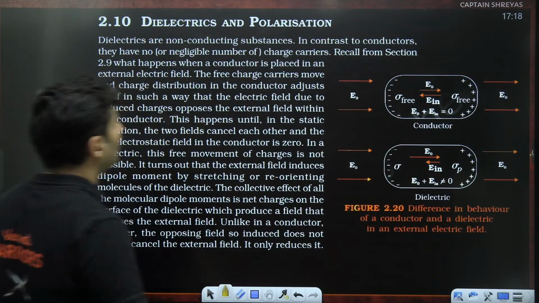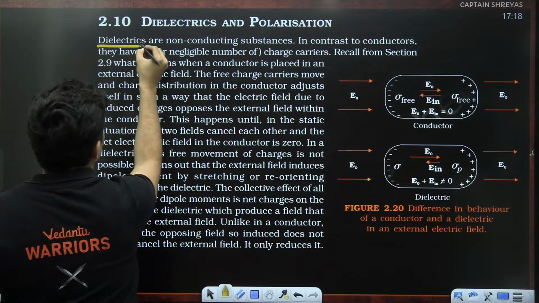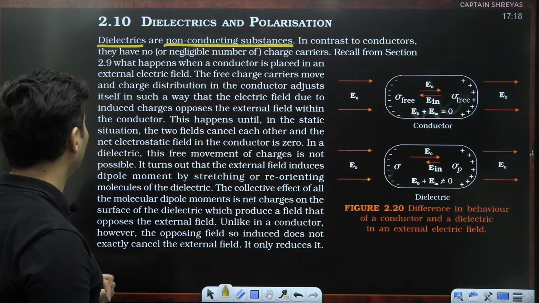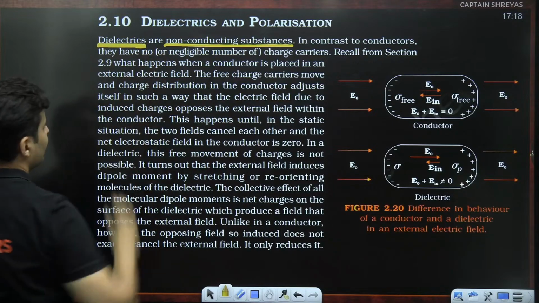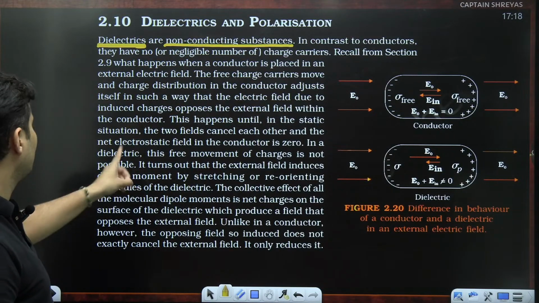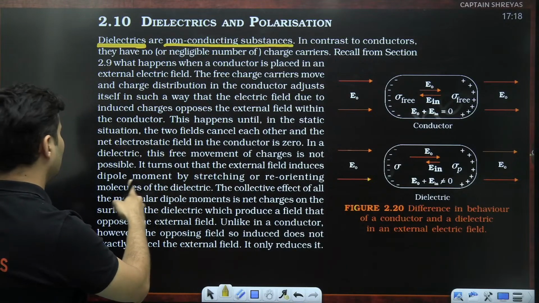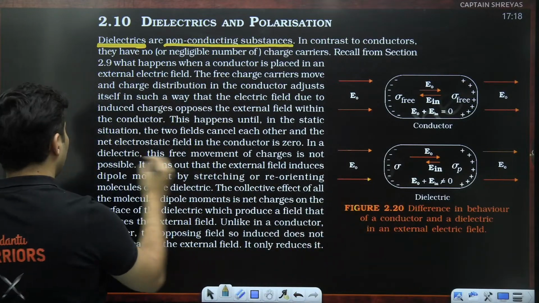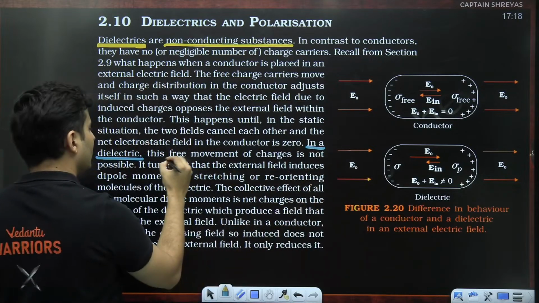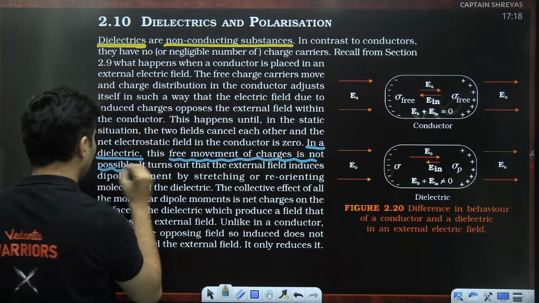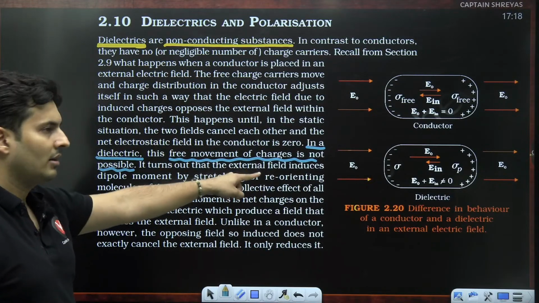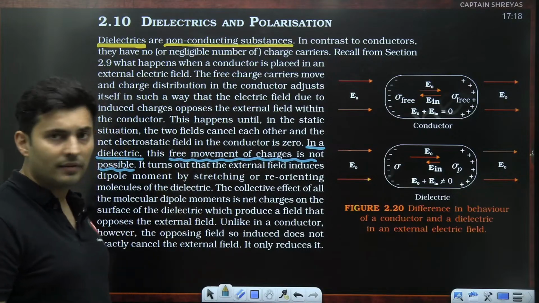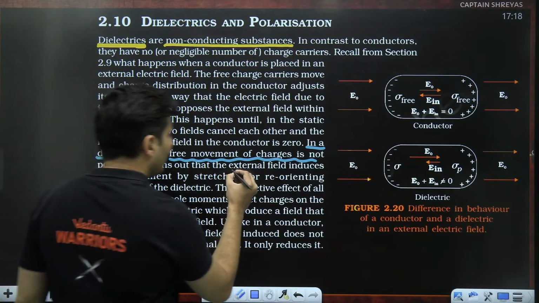Let's underline the keywords over here. Dielectrics are non-conducting substances. One important line over here, I'm underlining it for you. They have told you what dielectrics are. Now, the next important point is that the external field induces a dipole moment by stretching. So, the next important phrase is over here. In a dielectric, the free movement of charges is not possible, very important, because it is not a conductor. An electrical conductor allows the free motion of the charges, but a dielectric, being a non-conductor, does not allow the free motion of the charges, because of which the external field